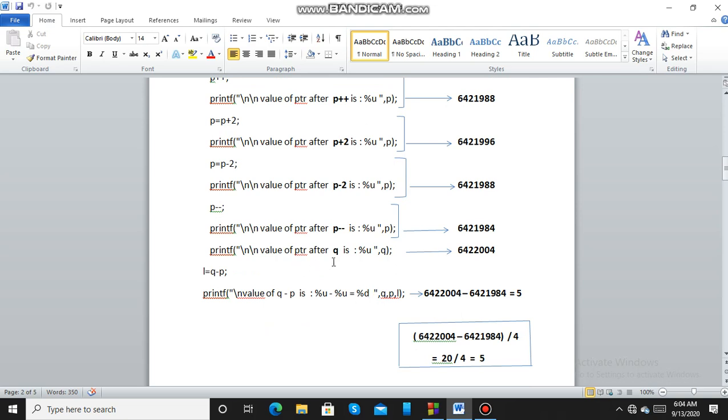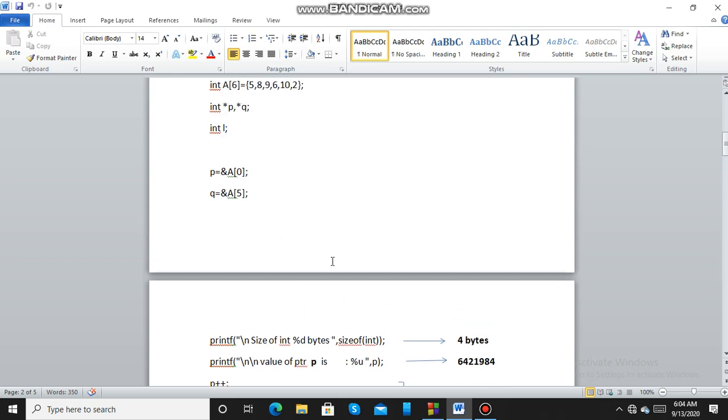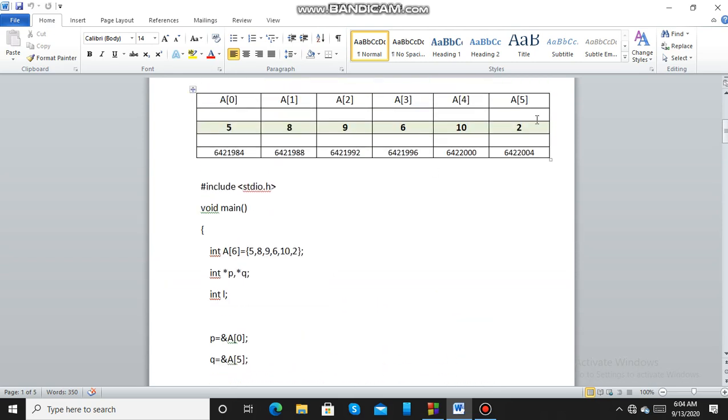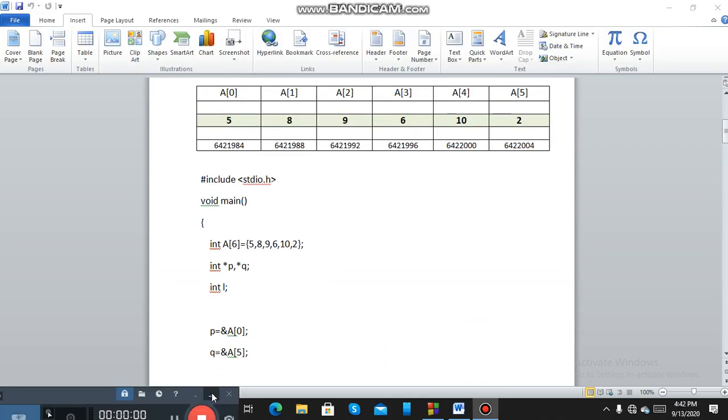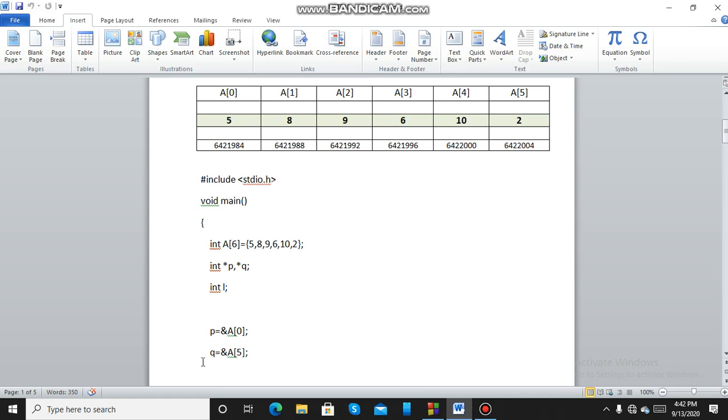Now pointer Q, the current location is A[5]. Both these pointers are pointing to the same array. The current value in pointer variable Q is the address of A[5], that is 6422004.